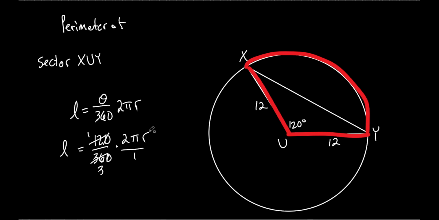And I know the radius, don't I? Why did I put an R there? I know the radius, which is 12. So let's write it nice and neat, and then we'll put it into a calculator. So what's on top then? Well, I'm multiplying everything together. There's a 1, but there's other stuff on top. This is on top as well. Give me a number. 24. That's what I'm looking for. It's just 2 times 12. That's all I'm trying to get you to do. Probably didn't explain it very well, but 2 times 12 is 24 times pi, and that's 8 pi over